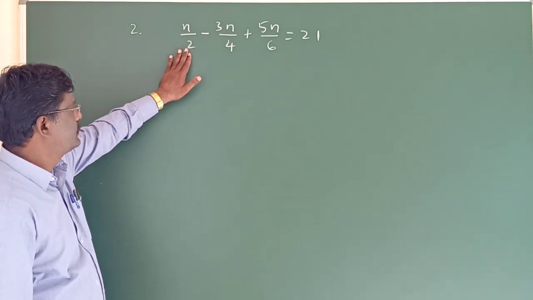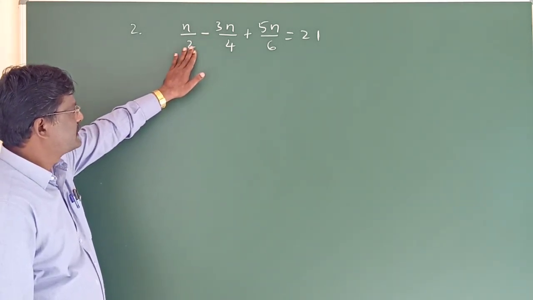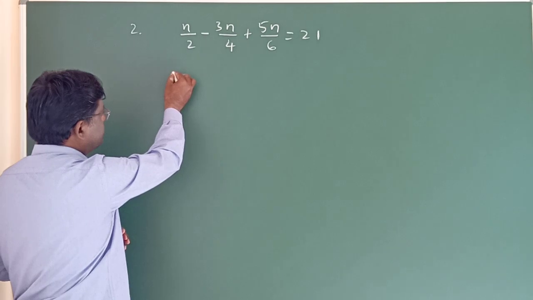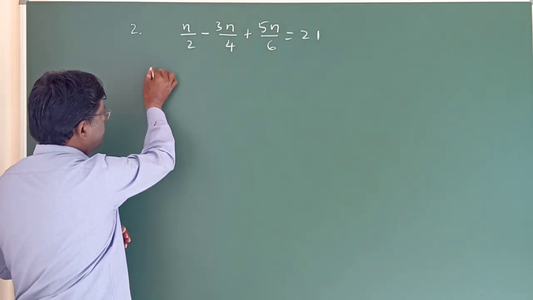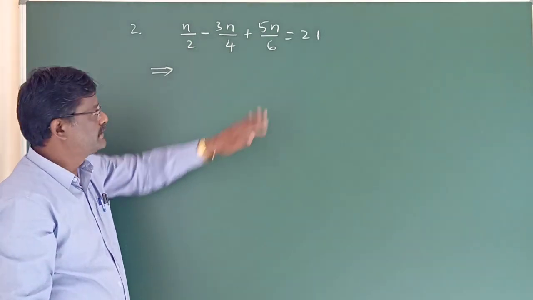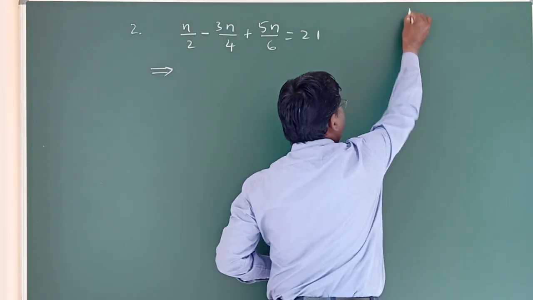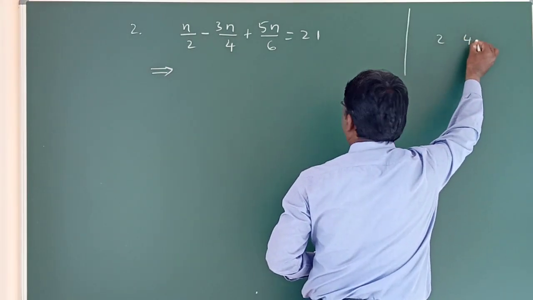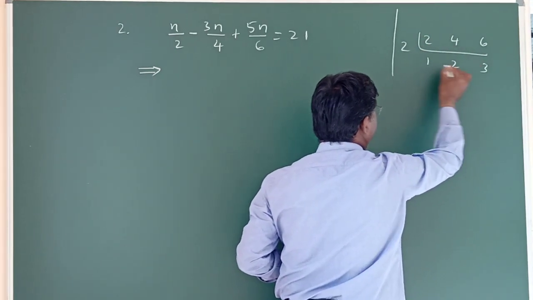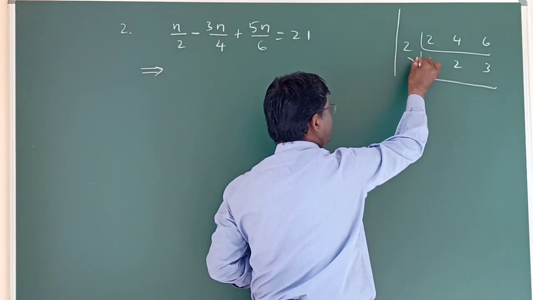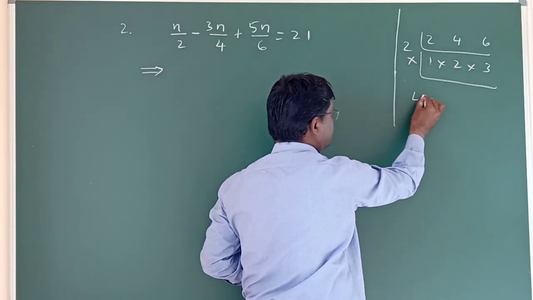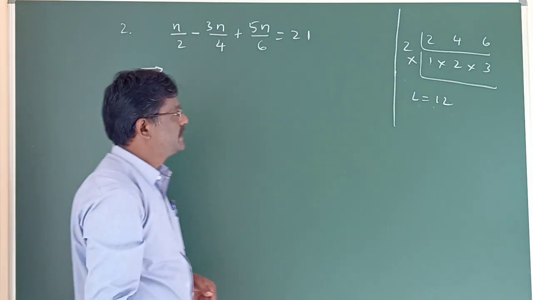Now we shall take the second one. Here in this case, we have fractions only in the left hand side. Right side we have the number 20. Now, therefore, we shall take the LCM only in the left hand side. 2, 4, 6. What is the common factor? 2 ones are 2, 2 twos are 4, 3 has none in common, then directly go for multiplication. 2 twos are 4, 4 threes are 12. What is this? This 12 is the required LCM.